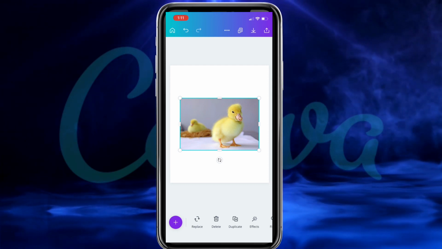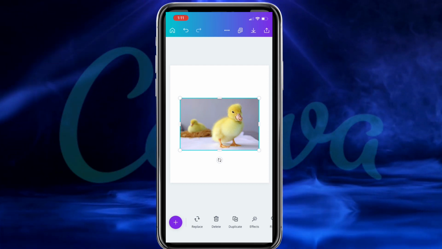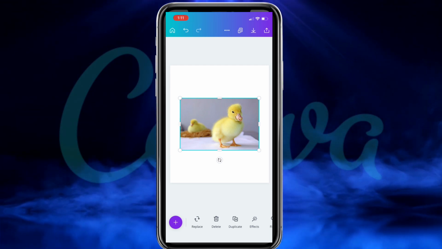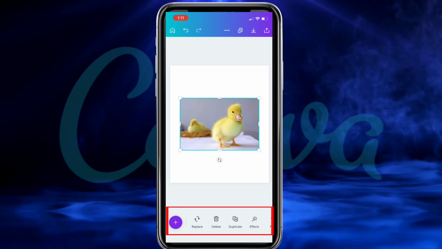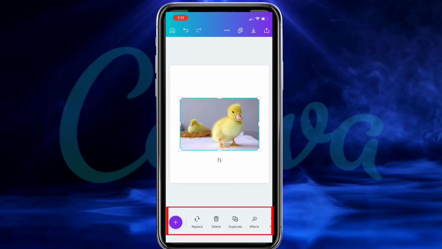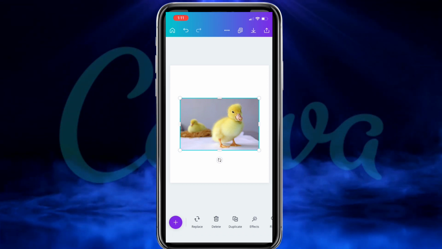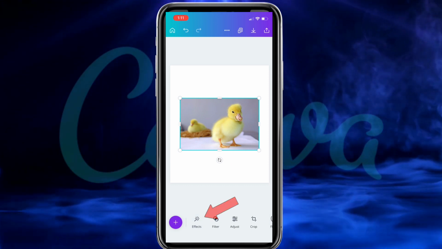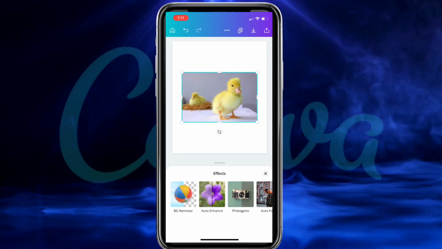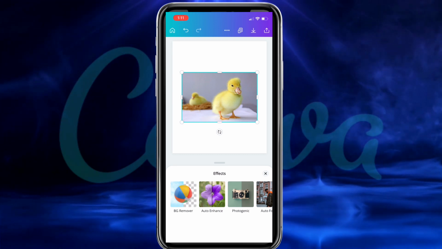The first thing you want to do is make sure you have the image selected. If it's not already, simply click your image to select it. Once you select your image, you should see an editing menu appear at the bottom of your project. Go ahead and scroll through the various icons until you find the Effects tab. Let's click that now. This should open up a new menu that allows you to add all sorts of effects